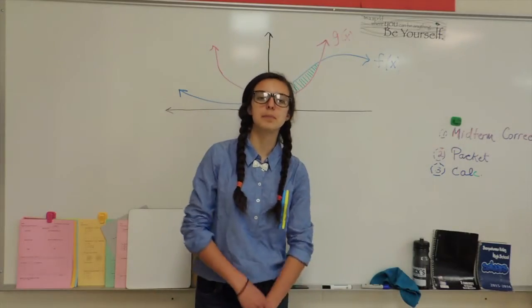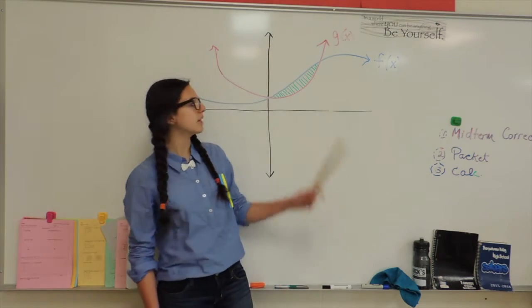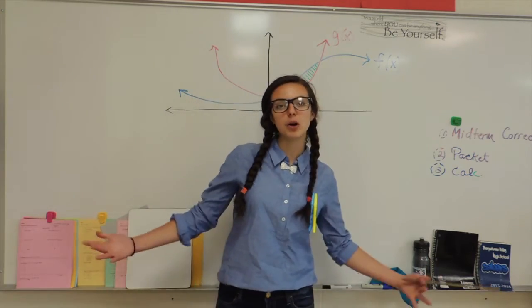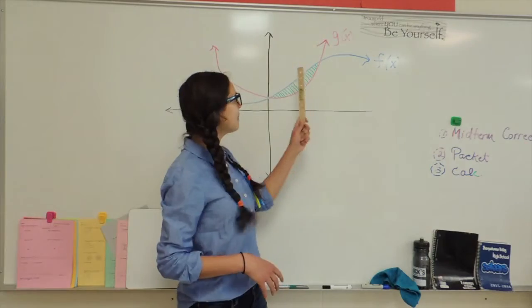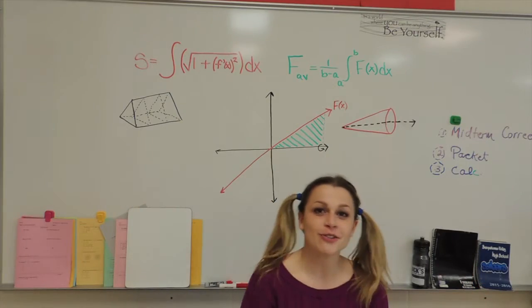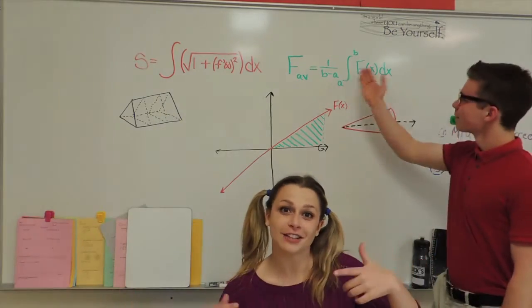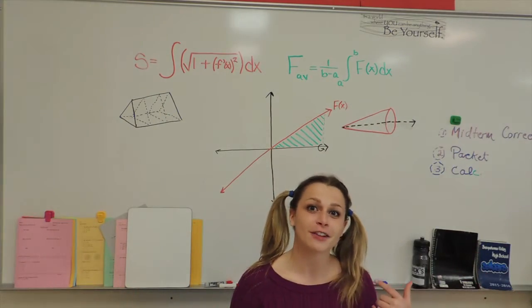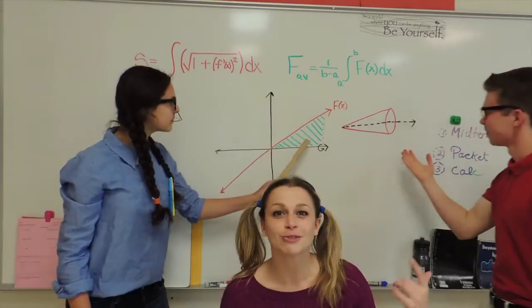Sometimes you have two functions, one above and one below. You want to find the area of the functions enclosed. Integrate them both on their own. Do the top minus bottom, and the answer is shown. Now with the integral, there's lots that you can do. You can find an arc length or an average value. You can also use the integral to find the volume of cross-sections or of revolutions.